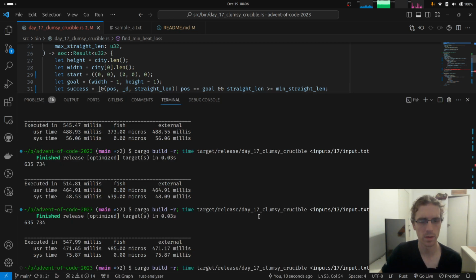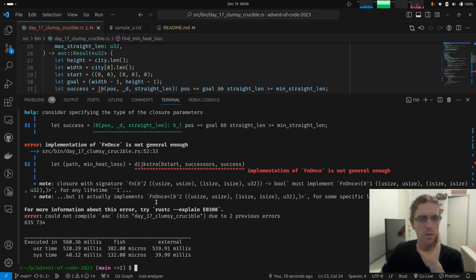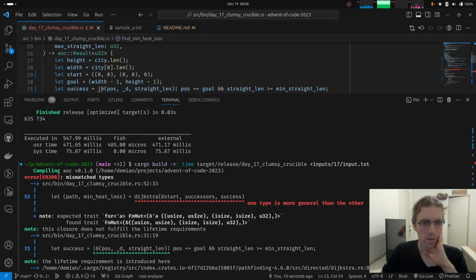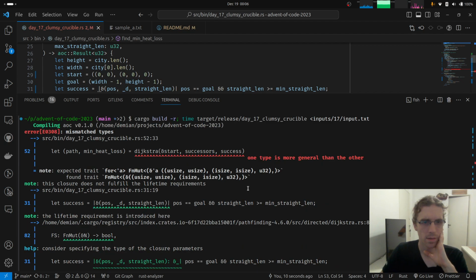But these instructions didn't really, lifetime problems. So what's your problem here? So what type is more general than the other? Right, the closure does not fulfill the lifetime requirements. It's like this is used here.